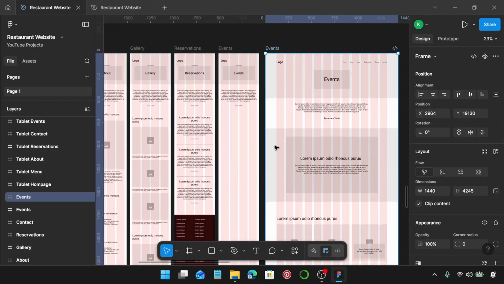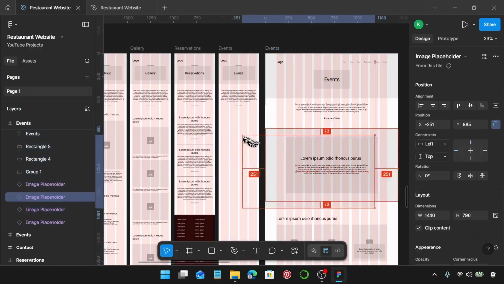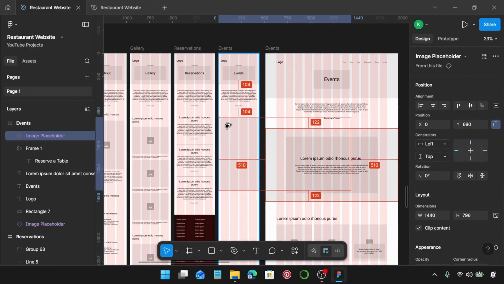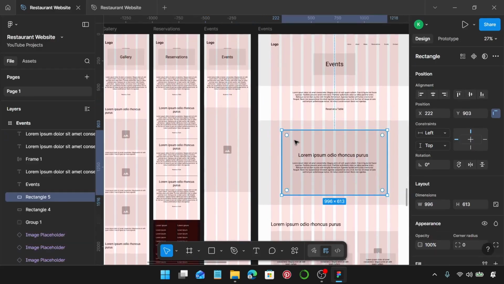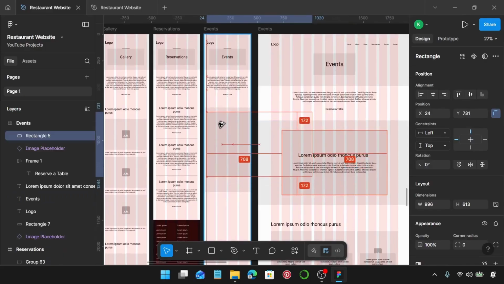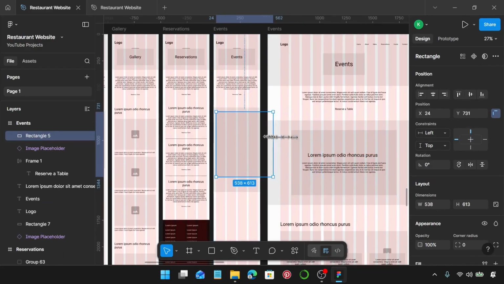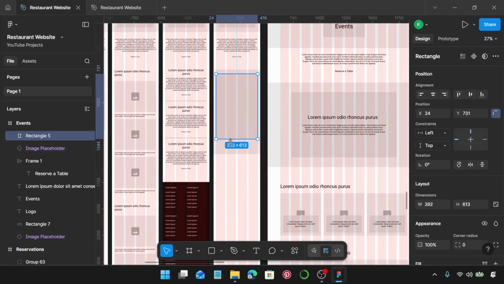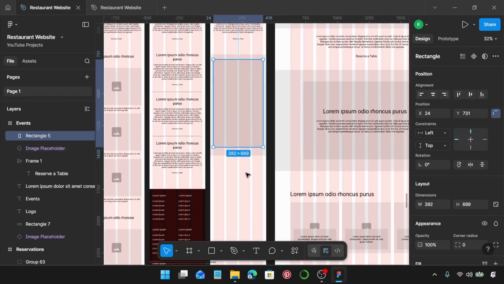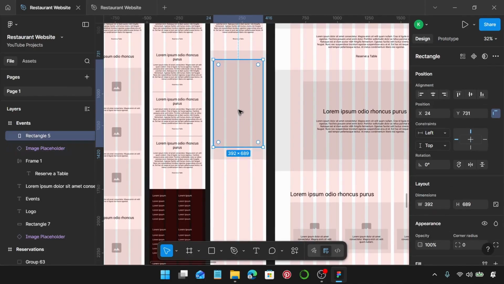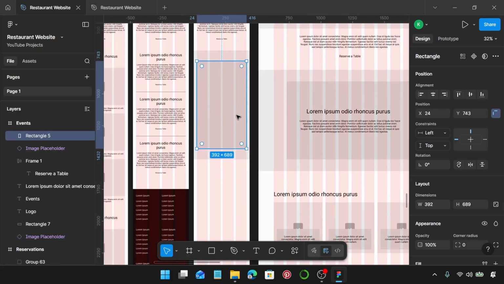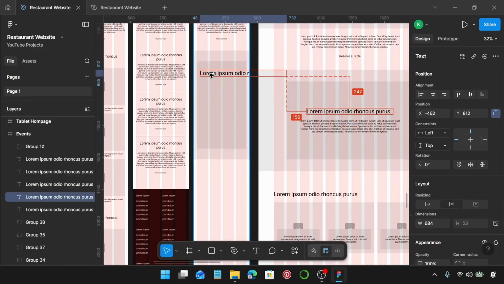Okay, so first thing we're going to do is take this image, bring it into this frame. I'm going to reduce the width. Now do the same for this rectangle. This time it's just going to go through the width of the layout guide. Maybe I could just increase the height of the image, and then I'm going to